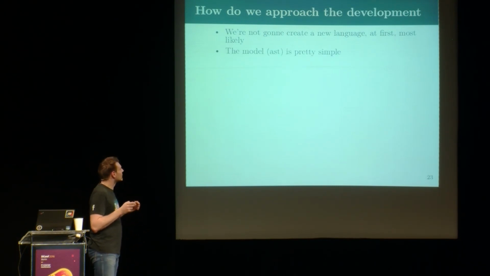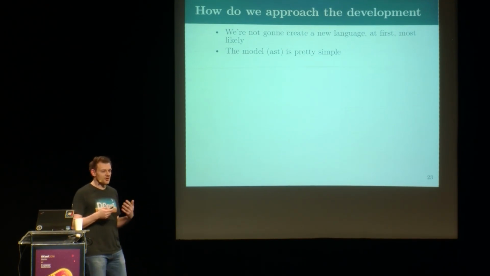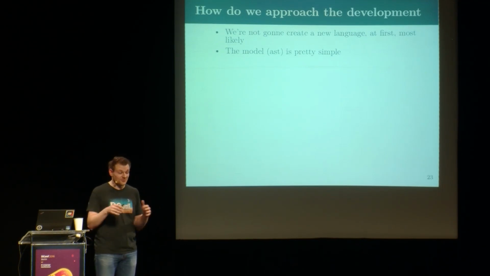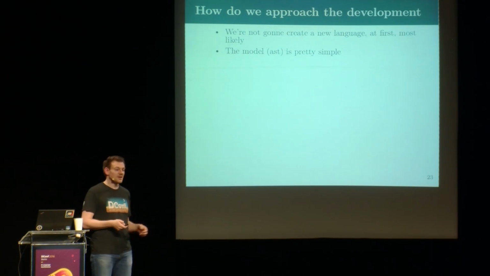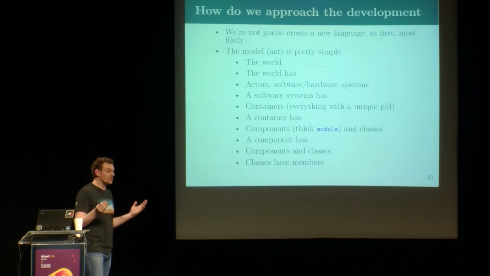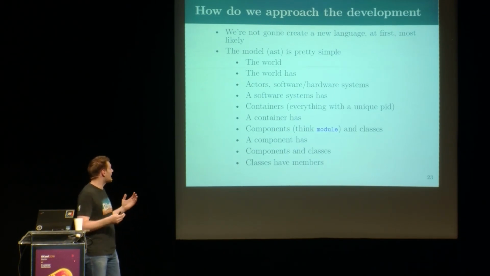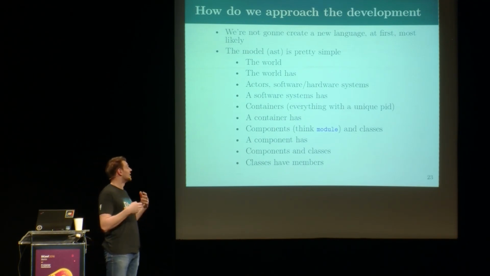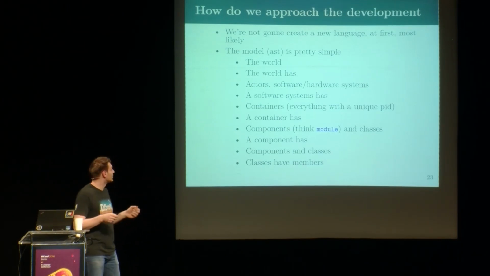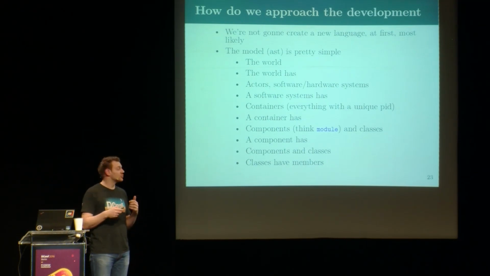So looking at the model, for 10 minutes, you will see that it's actually a very simple AST. You have some high-level declarations that become even smaller declarations, basically an AST for a language. And the model is pretty simple. You have the world, which is like the system context where everything is inside, and the world has actors, software, hardware systems, and then software systems, again, have containers, like think unit PID. And containers then have components which hold modules, which you would call